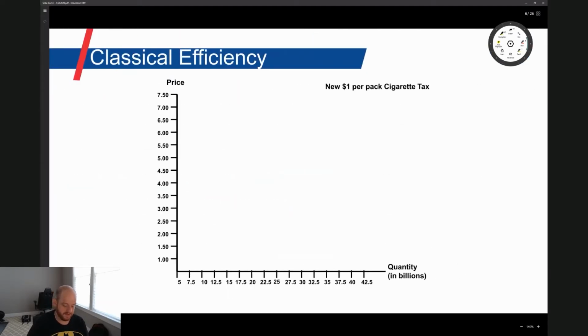There's two slides where I'm going to talk about what would happen if we talk about a larger tax on cigarettes, or a tax on a good that is not as elastic, so a more inelastic good, right? So assume we are dealing with cigarettes that are more of an essential good, right? We are talking about a society where everyone is addicted. They absolutely need to get the nicotine rush, so cigarettes are considered to be inelastic.